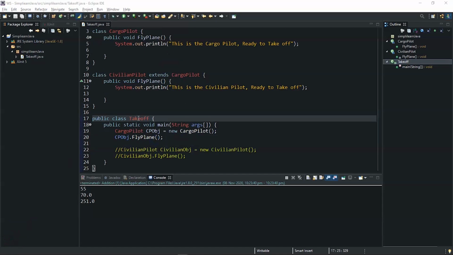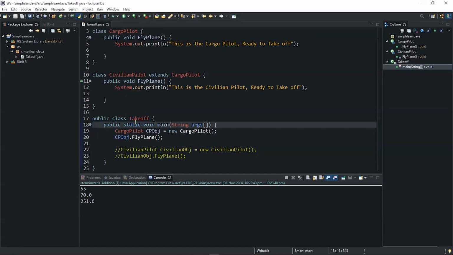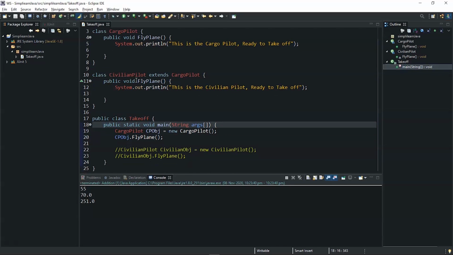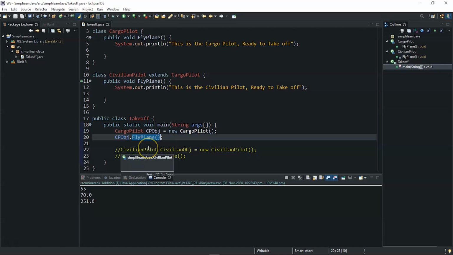On my screen you can see another example based on polymorphism, but this particular program deals with method overriding. You can see the cargo pilot and the civilian pilot. Basically they both want to fly a plane. To fly a plane they need to take off from the runway. So the fly plane method will be resolved in runtime. Whichever object calls the method, then that particular method will be executed